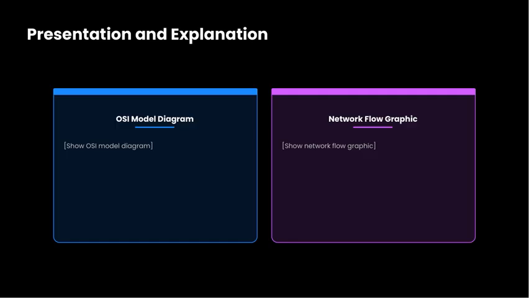Next to it, you'll see the network flow graphic. This visual illustrates how data originates from a source, passes through various network devices and layers, and finally reaches its destination. It highlights the journey of data packets as they traverse different points in the network, adapting and processing along the way. Connecting these visuals, it's important to remember that each layer in the OSI model corresponds to specific functions in the network flow. For example,